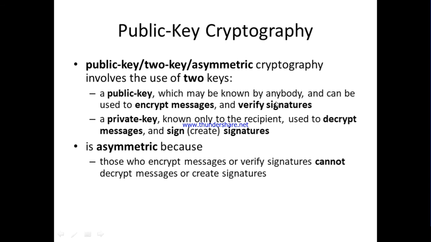If I want to provide secrecy, I will encrypt with the public key of the recipient, and he can only decrypt it, because it can be decrypted only by using the private key of the recipient. So if you go for public key, you can use it for the encryption of messages, and the private key I can use for signatures. That is what digital signatures are. So that is how public key cryptography is used, and I already told you it is asymmetric.